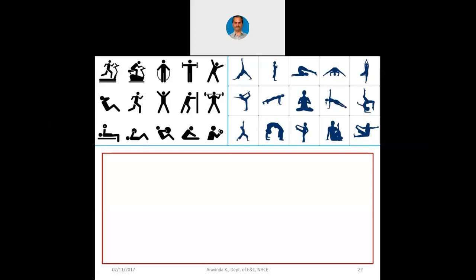Now, this is one slide which I am showing you. There are varieties of exercises available for keeping yourself physically fit. The only thing that is lacking is what? The attitude. The only thing that is lacking is the attitude: the positive attitude towards life, the attitude towards learning, the attitude towards practicing lifelong.